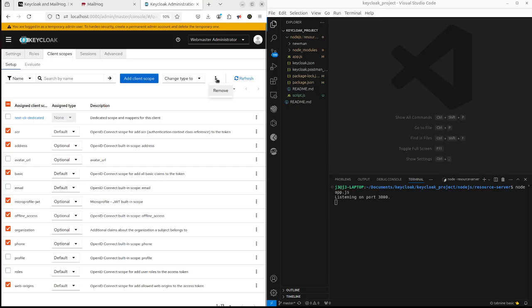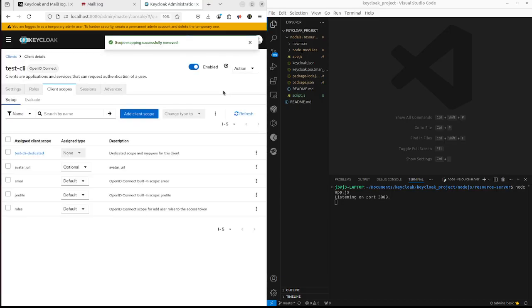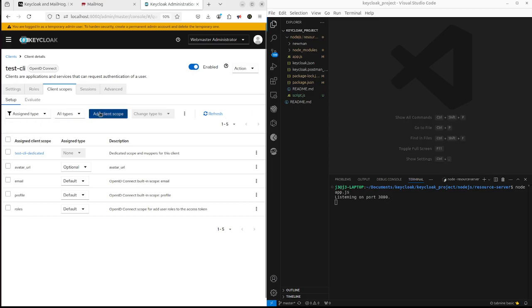And let's remove. Okay, we removed all these scopes for our test client. And let's set all of them to optional. Let's see how I did this. Assign type, add this, add